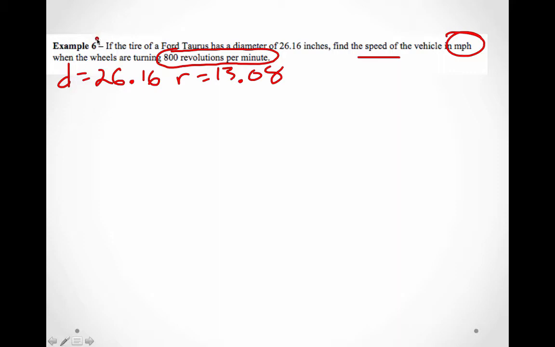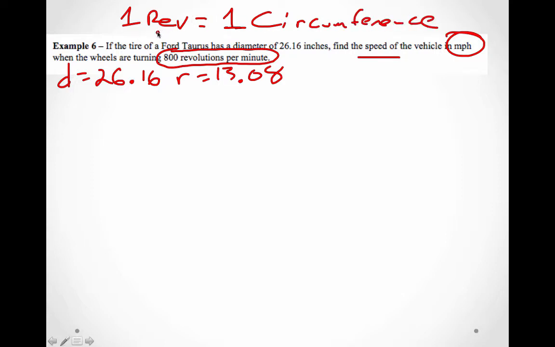To go from angular into linear, you have to pass through circumference. Must. That's the only way you can get from revolutions into, remember, 1 revolution is equal to 1 circumference. That's what gets you from angular trips around into